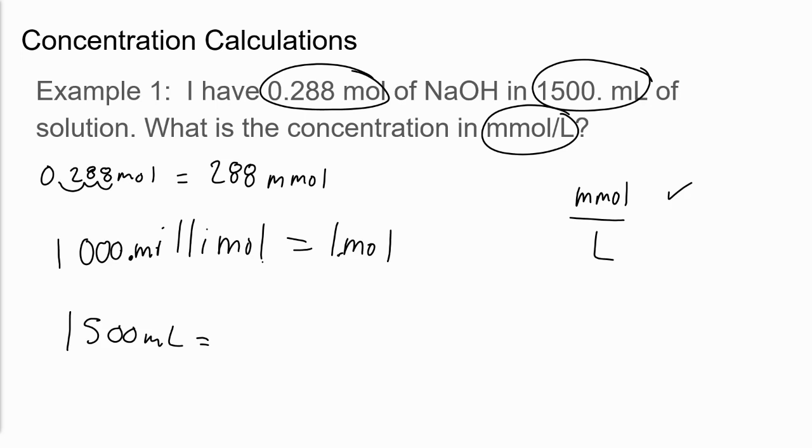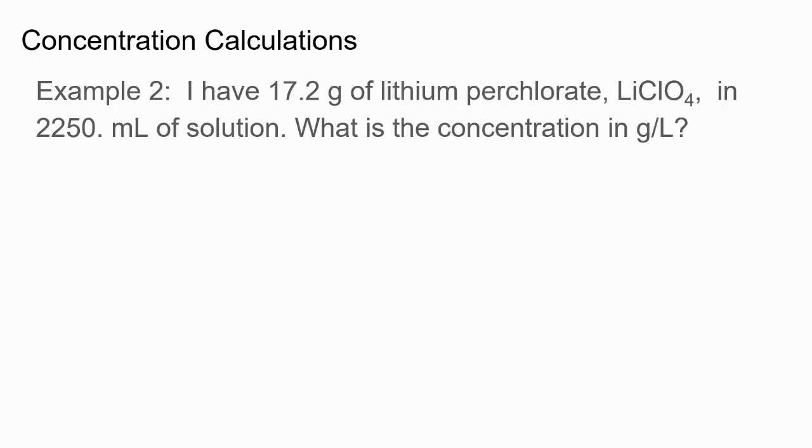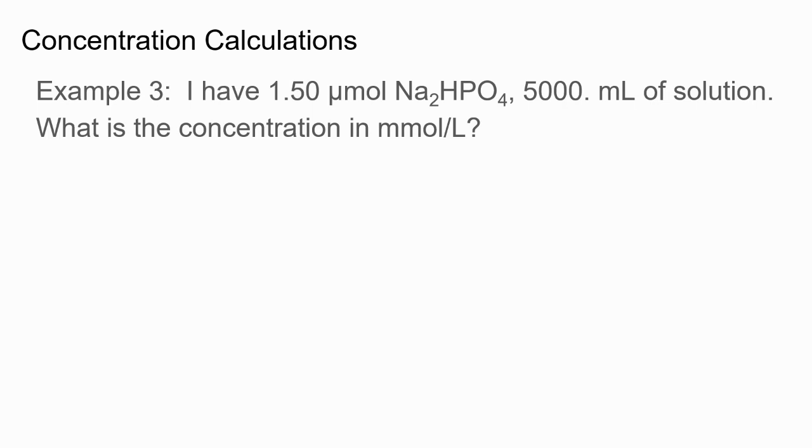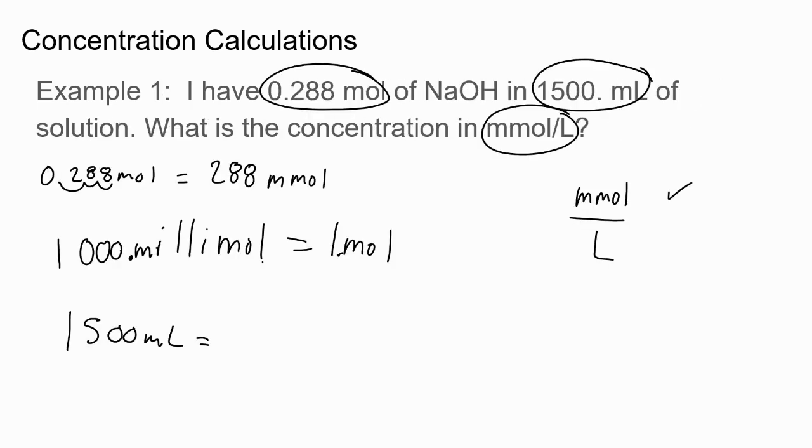All right, let me try to write it down again. Okay, tell me the number again. 192, and that's millimoles per liter. Okay, so this type of problem, we also have to watch out for sig figs. So is this the right number of sig figs? Yes, because we have 3 sig figs and 4 sig figs.